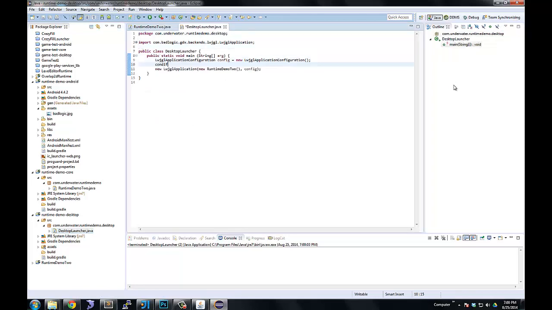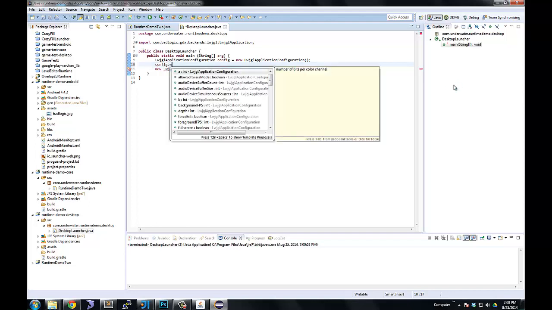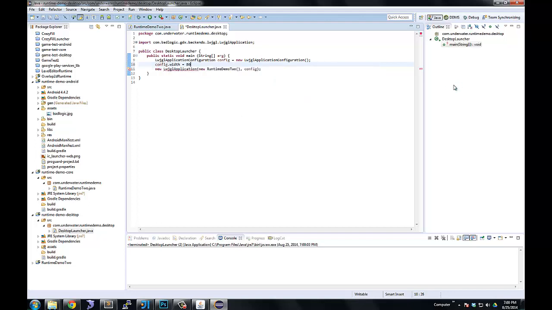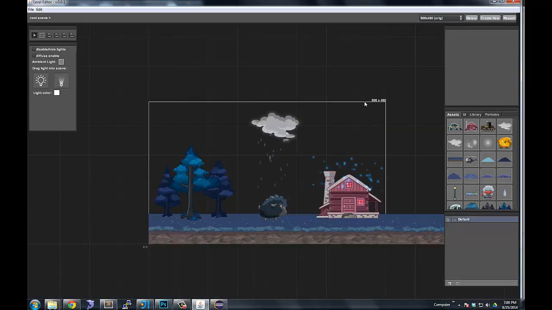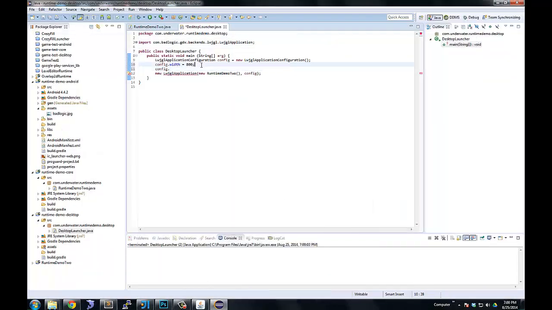I'm going to add some sizes to this because we want our window to be a particular size, because our demo project here is done for that size. It's 800